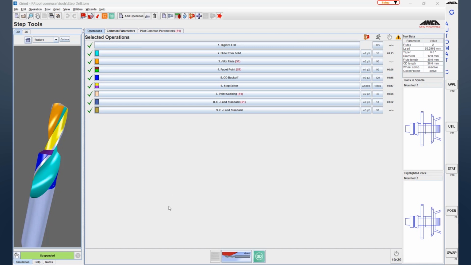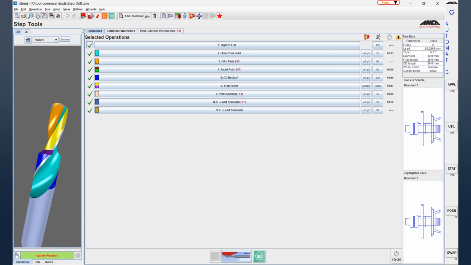We all know that within the iGrind, a green tick means the operations are enabled, and a red tick basically means the operation is disabled. And we also know that by holding on to one of the ticks and then dragging it down, either using a mouse or touch screen, all the operations can be disabled together, or they could be enabled together.